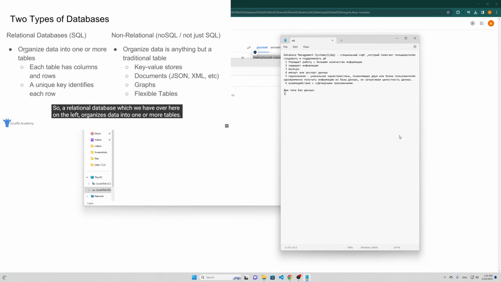So a relational database, which we have over here on the left, organizes data into one or more tables. So each table has columns and rows, and a unique key identifies each row. Now, relational databases are by far the most popular types of databases. And relational databases are going to store everything inside of these tables. So we'll organize all the data that we want to store inside of these predefined tables, and then we can just insert information into there. A relational database is a lot like an Excel spreadsheet. So if you've ever used a spreadsheet where we have columns and rows and we're storing information, that's essentially what